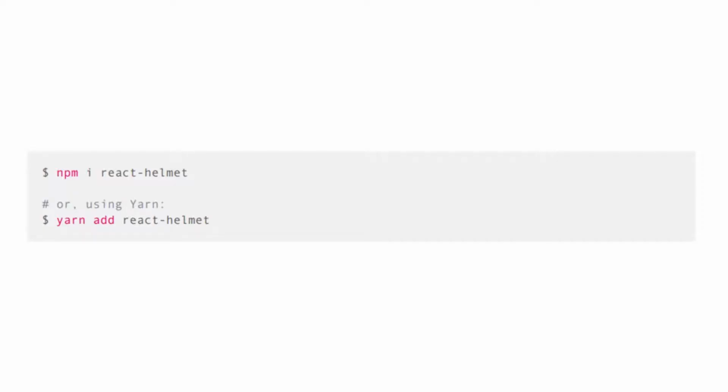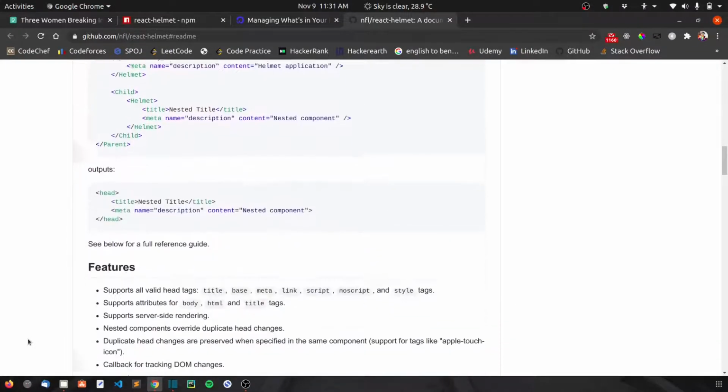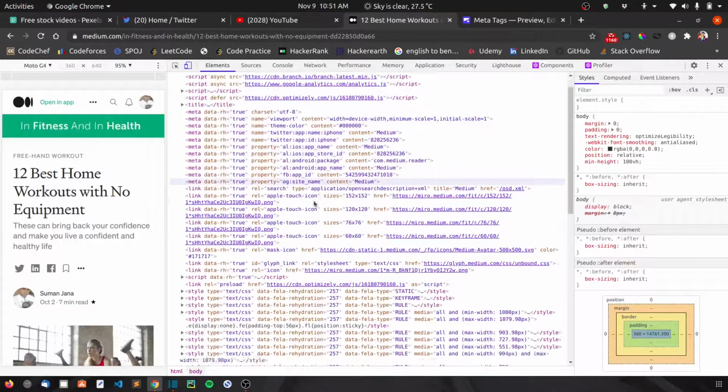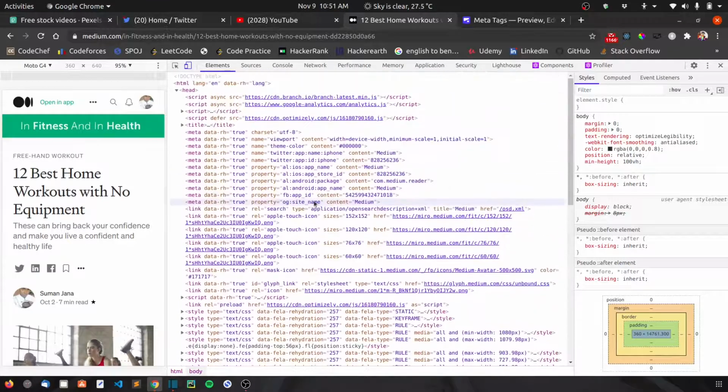Now you can use the Helmet component in your app by adding the elements that should go in the head of the document as children to the Helmet component. With this, if you open your browser's element inspector, you will see the title and meta elements in the head section. This won't be reflected in the page source code.